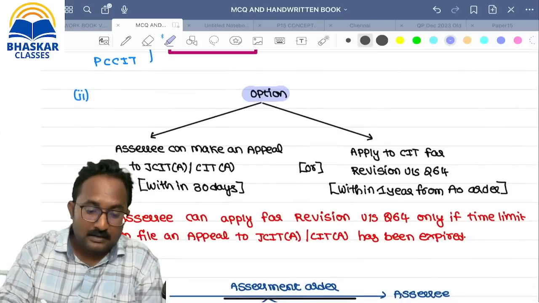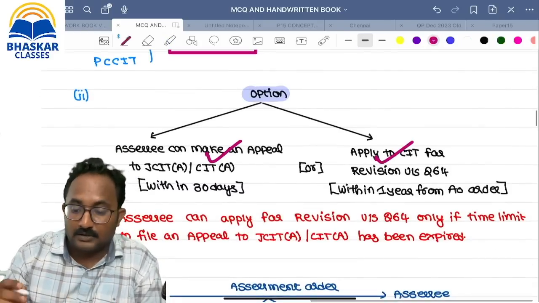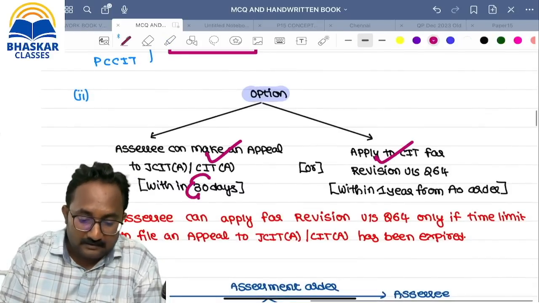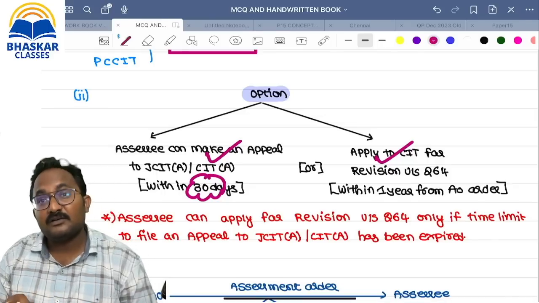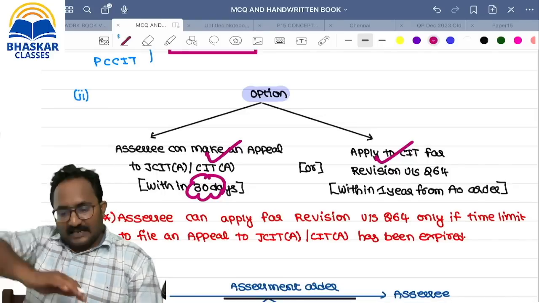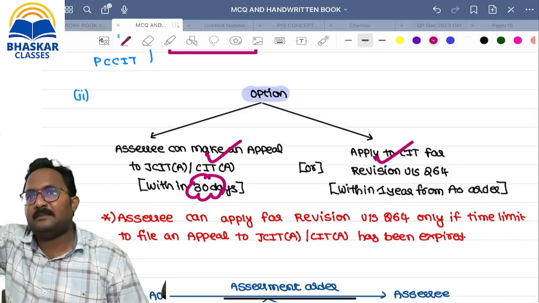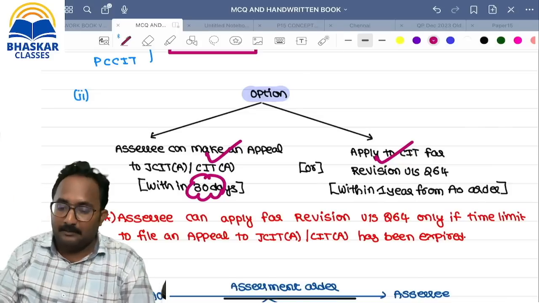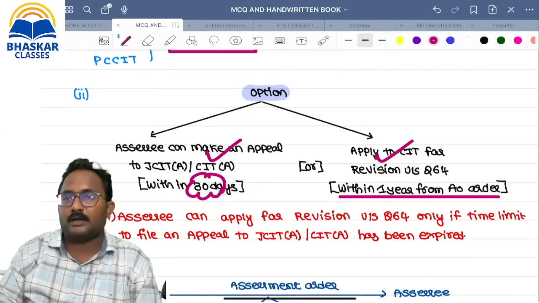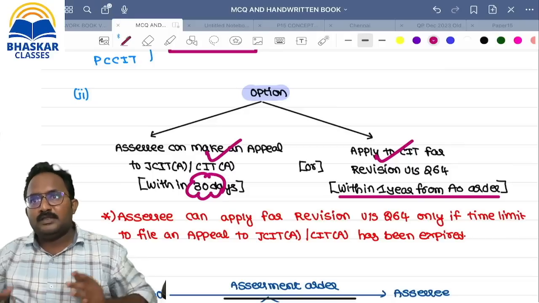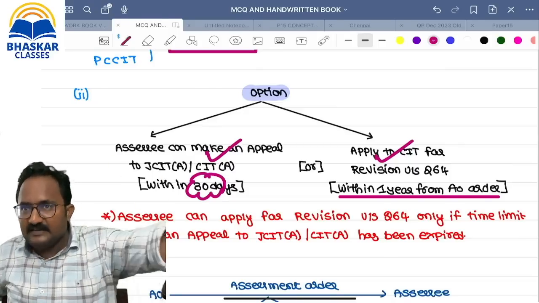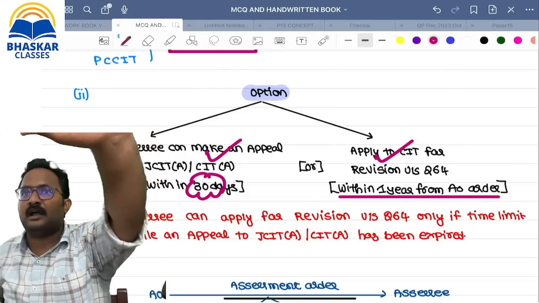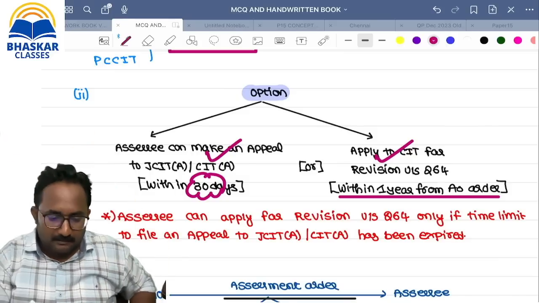SSC has an option. One, he can go for what, ma? Appeal. Another one, he can go for the revision. Yes, ma, can you tell me within how many days we can make an appeal, ma? But for a revision also you have time. Sir, after expiry of 30 days only, the revision application can be accepted. But what is the maximum time limit, ma? Within 1 year from the AO order. After the AO order is passed, within 1 year, if you want to revise in your favor, yes, you can make an application with the help of how much amount, ma? 500 rupees. Remember, this is an important point, ma.